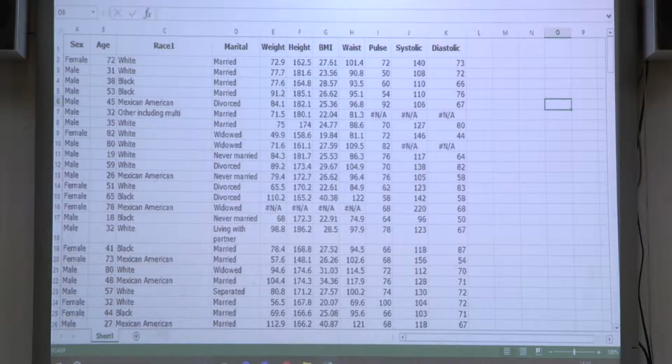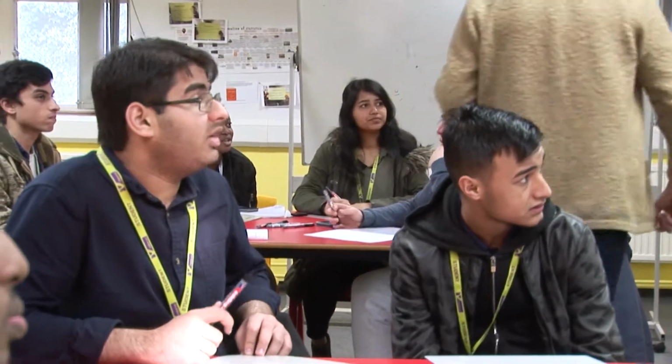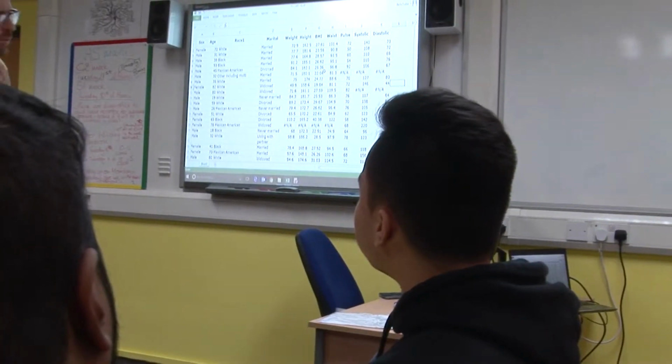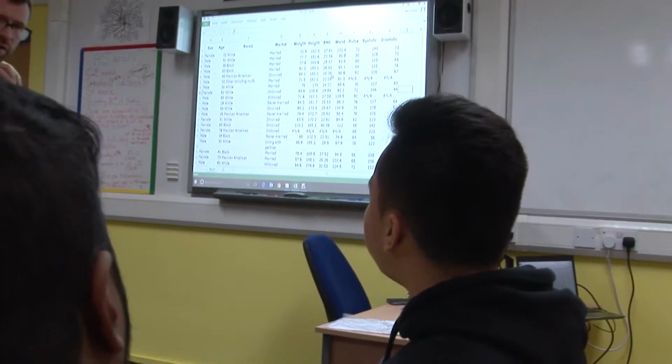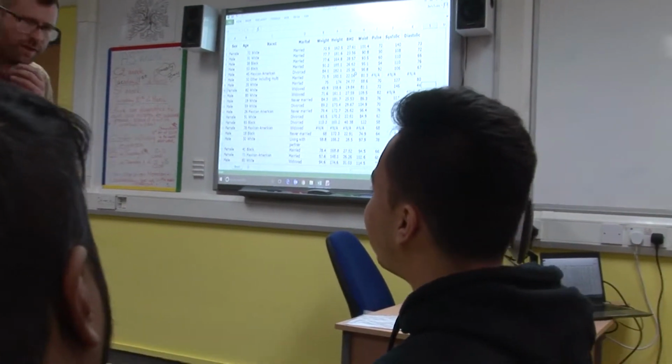It had ethnicity, it had age, BMI, height, weight. The way to start the session was just to say, which of these do you think could be normally distributed? BMI is also calculated, so I think you get a normal distribution there. When you're looking at the values there, what are you looking for? I'm looking for consistency. Right, okay. Any, I don't know, biased values that are occurring.